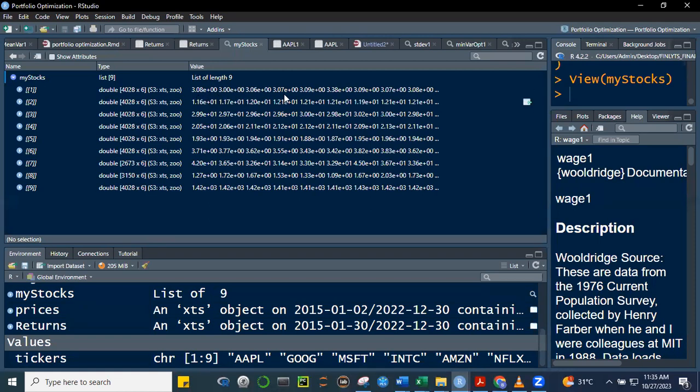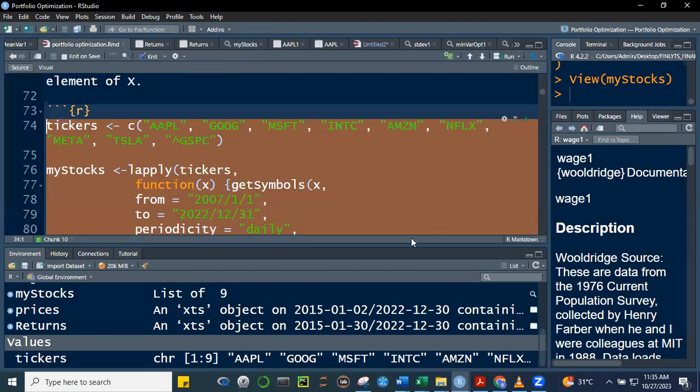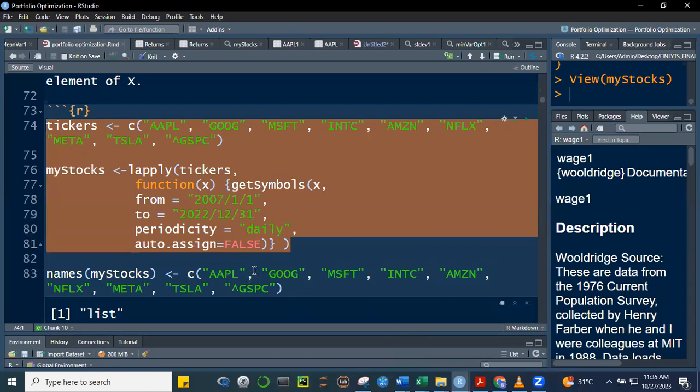Okay, and it lists here what's contained in that XTS object. So we have 9, okay, because our tickers has 9 elements here,